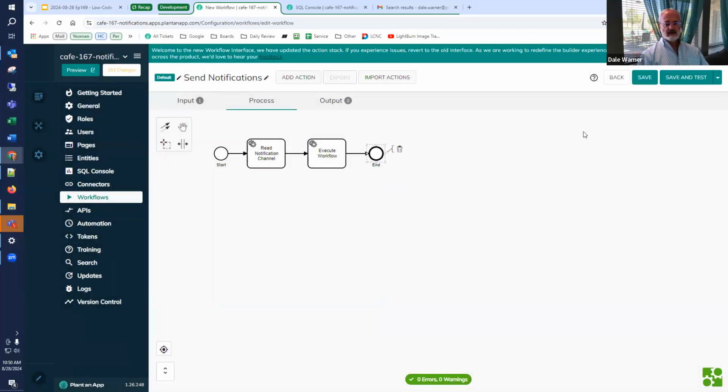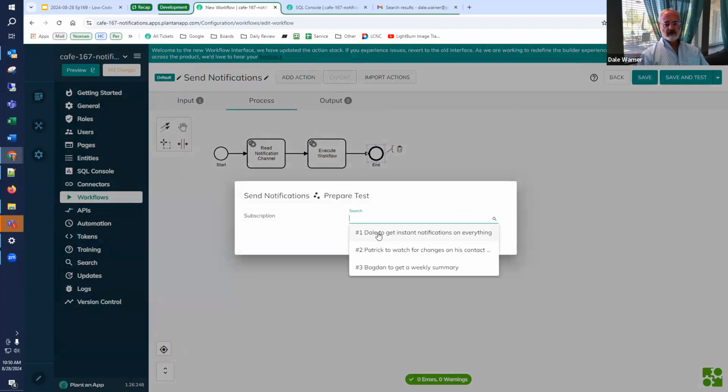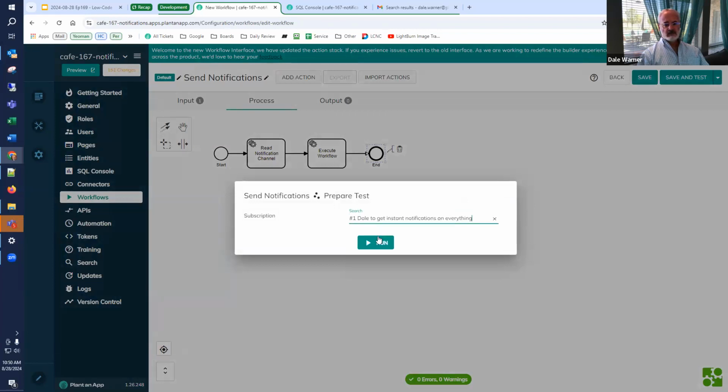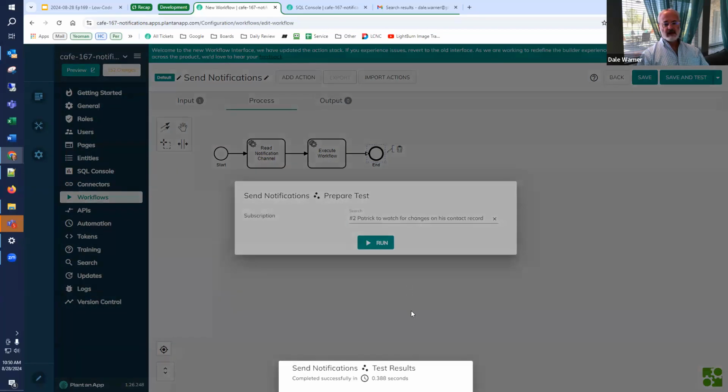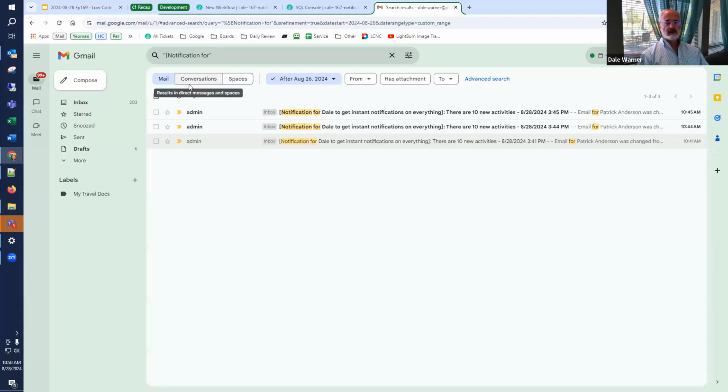And then end. So we should be able to test this out if we say that we want to deliver. So it's got the same, we'll deliver for number one. This shouldn't do anything because I've already delivered them all, but it runs successfully. If I do the ones for the notifications that are set up for Patrick, we can run that and it runs, and we can come over here and look at our,